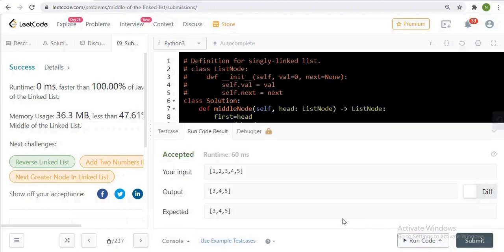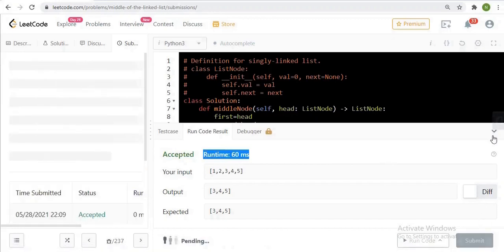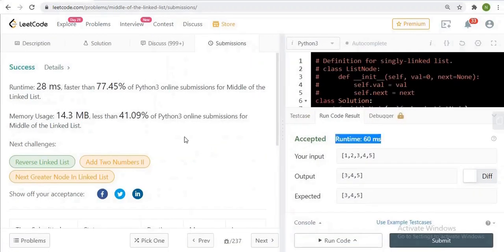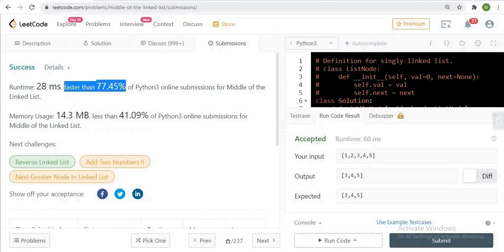Yeah, it is running fine, as you can see. Now submit this. Our code is successfully submitted with a runtime of 28 milliseconds, and it is faster than 77.45% of Python 3 online submissions for the same problem.